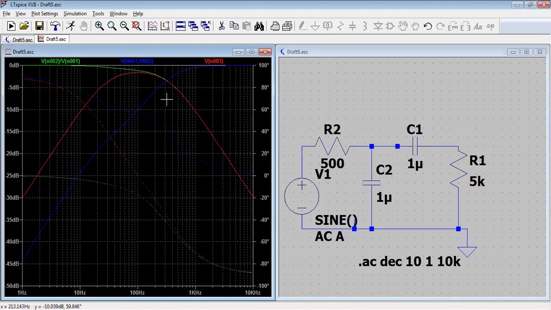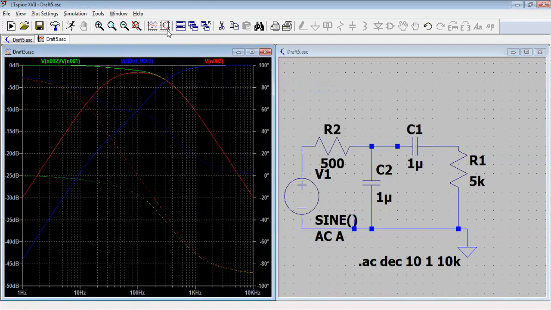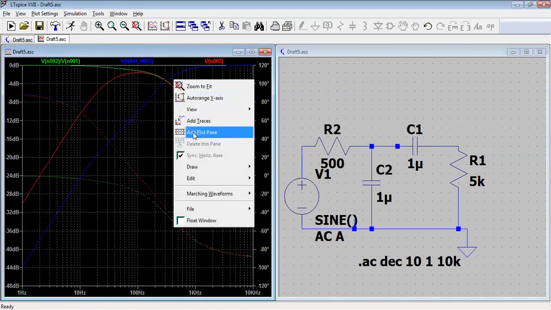Let me put the grid on. This is the logarithmic scale. So grid will be here, and what else we can do? Auto arrange. Okay. What else can I do with this?